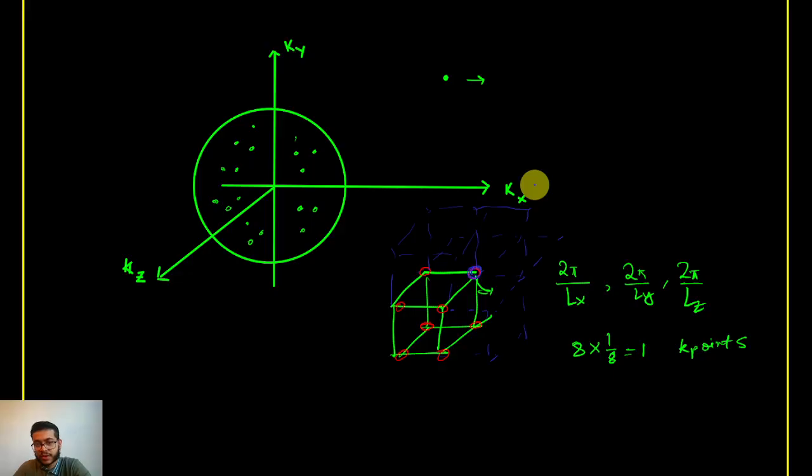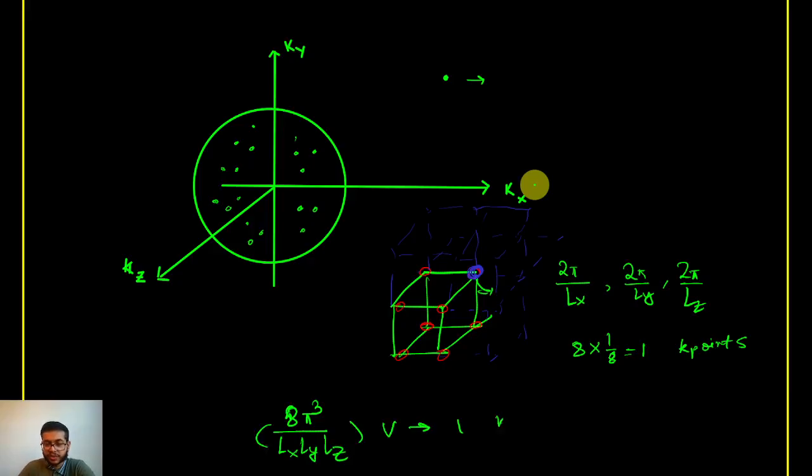There are 8 unit cells which are sharing this red k point, so each unit cell is getting 1/8 of each of these red dots. So there is only one k point effectively in this whole unit cell. Okay, so then 8 pi cube by Lx Ly Lz